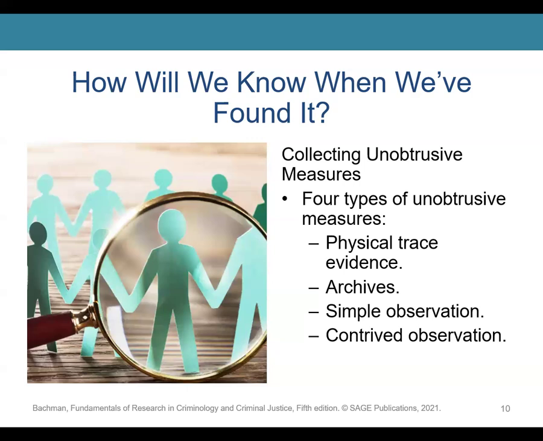Then you have the simple observations, which is just what you personally are observing. Contrived observations: subjects are studied in real life circumstances and environments. They may or may not know that they are being observed. In contrived observations, subjects are studied in controlled settings like research labs, and they know that they are being observed. But after a while, that becomes secondary.